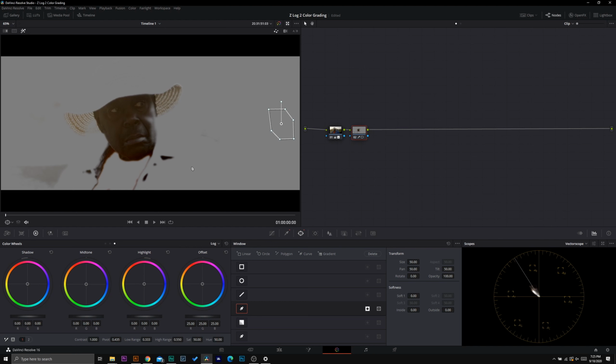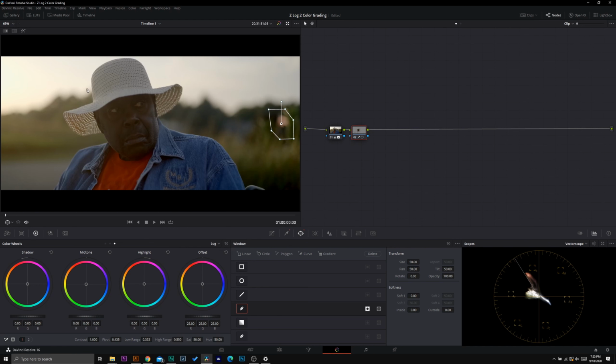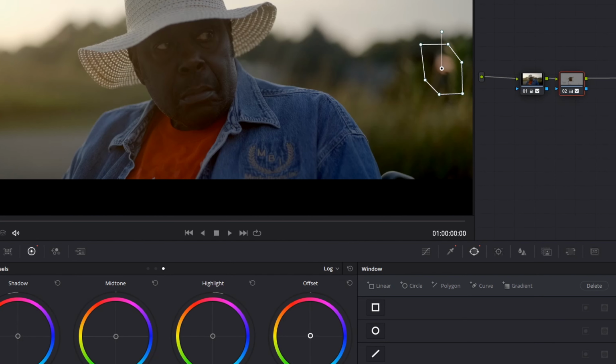So looking at this, I think what I'm going to do is pull his skin tones back to its neutral standing, because I feel that's more lifelike for my grandfather's skin tones here. So I'm going to turn off this highlight here. And in order to pull him back to neutral, I'm going to add the opposite color, which is going to be magenta. And I actually think maybe I'll add in a little bit more red because he does have a red undertone. And I feel like that has pulled back his skin tones